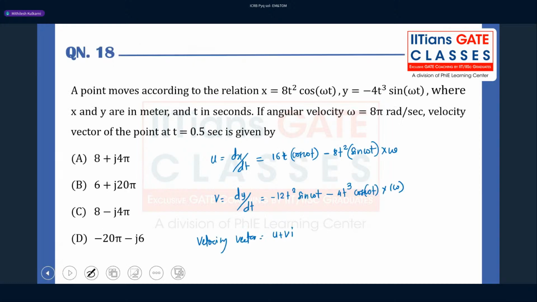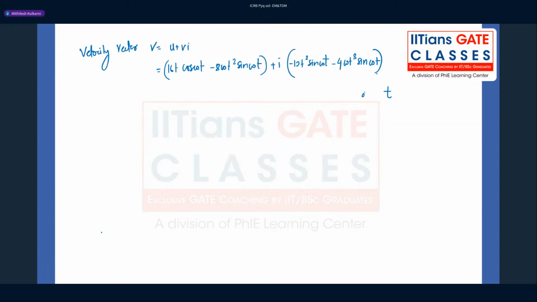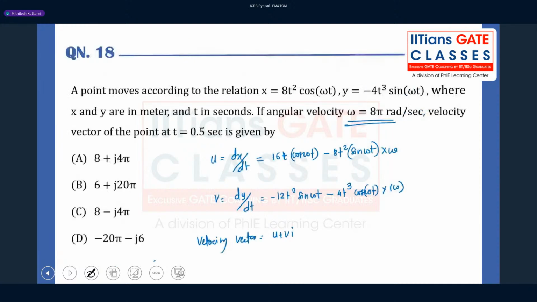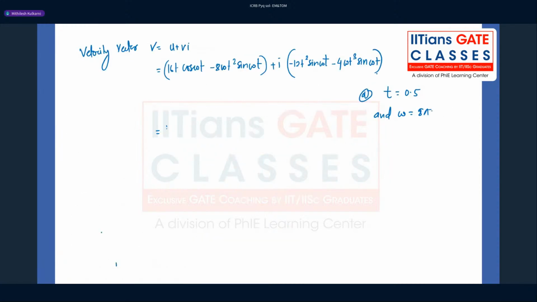The question, they have clearly mentioned that they want us to find the velocity vector at a point t is equal to 0.5 and omega is equal to 8 pi is given. But at t is equal to 0.5 and considering omega is equal to 8 pi, we will be able to solve it. So it is 16, t is 0.5. So yeah, 16 into 0.5 is 8. Cos of omega t, omega is 8 pi, t is 0.5. So it will be 4 pi